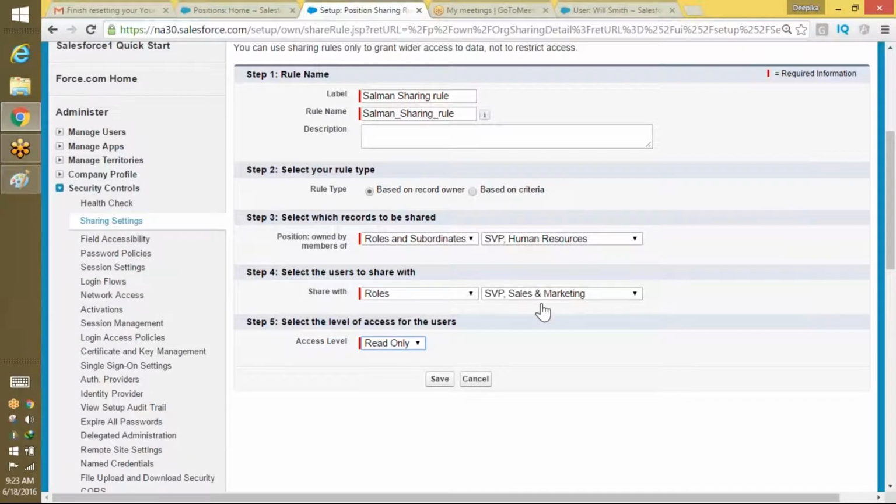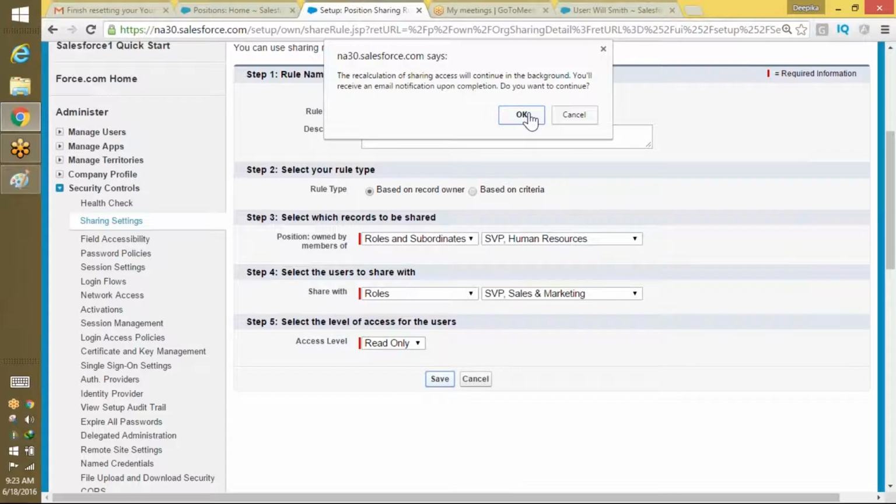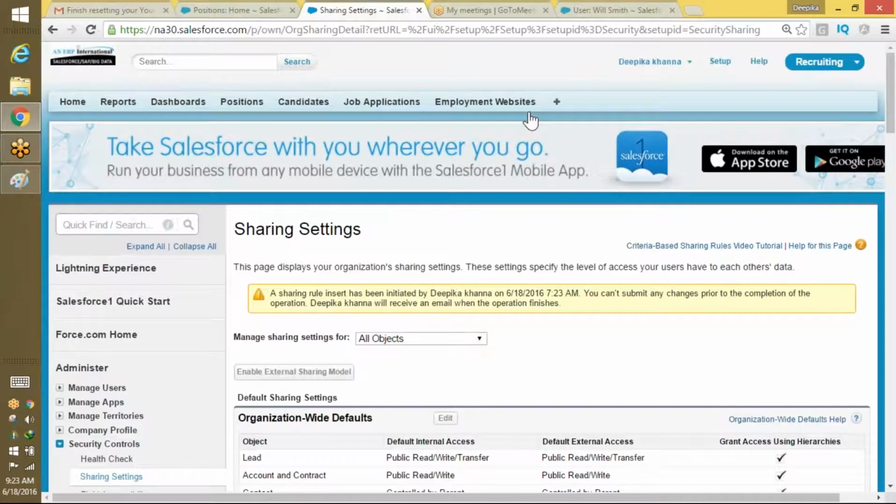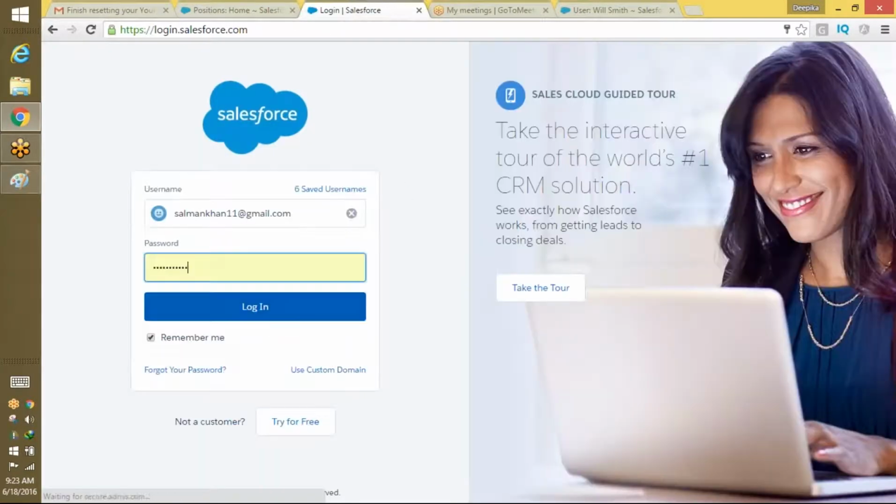So now if you log out and log in back again as Salman Khan, he will be able to see the records which are created by Priyanka as well as by Will Smith, because you have allowed this access, because you picked roles and subordinates. If you only picked roles, then Salman Khan will be able to see only the Will Smith record. In this case, he will be able to see not only Will Smith's records, but also everyone who is reporting to him. So now if I log out and log in back again as Salman Khan,